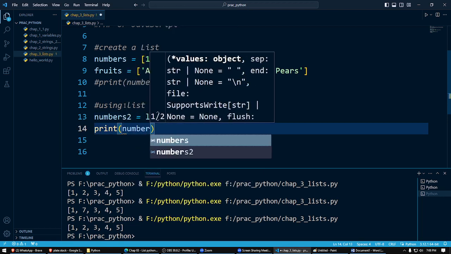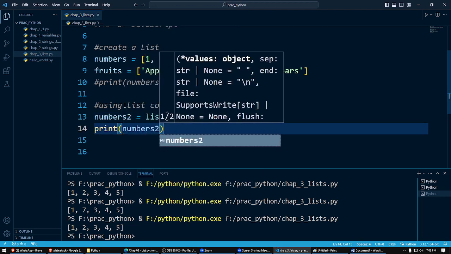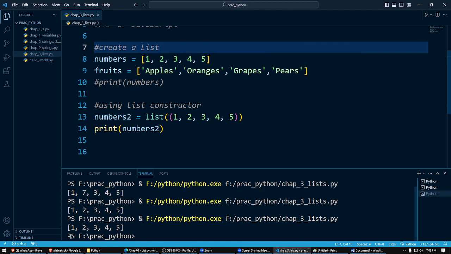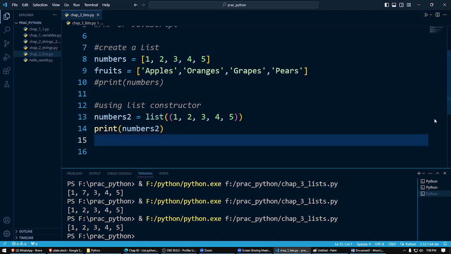Let's print the list. So numbers 2, I'm printing. Let's see how it does, and you can see the same output comes. So that is possible to do. That is how you can create a list, and how you can use the constructor to create the list as well. The next one we're going to do is